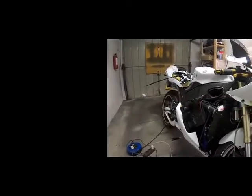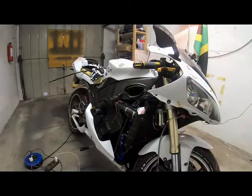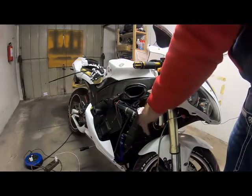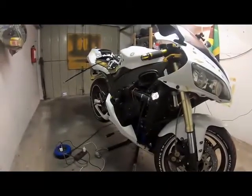So what I did, I went and I removed this side of the fairing, as you guys can see. If you guys don't know how to remove the fairing, just check my videos out. After removing the fairing on the left side, and on the right side, I'm gonna go ahead and remove